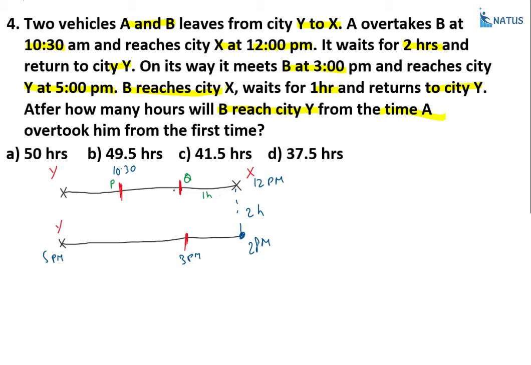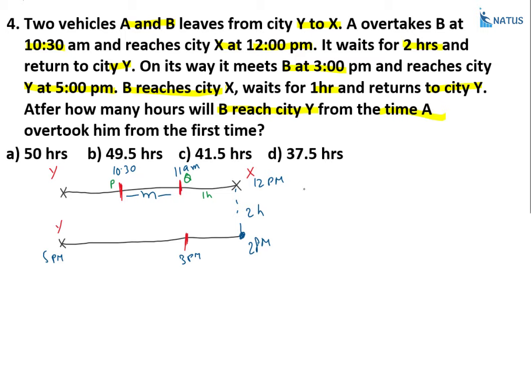Now suppose, at what time does it reach P? That is equal to 11, or not? This is equal to 11 a.m. This 11 a.m. is for A. Okay, so let us take this distance as m. How much time is taken by A to cover this distance? That is equal to half an hour. But how much time is taken by B to cover this distance? Half an hour plus 11 to 12, this is equal to 1.5 hours, plus 2 hours, that is equal to 3.5 hours, plus 1 hour, 4.5 hours. So here we will find out the